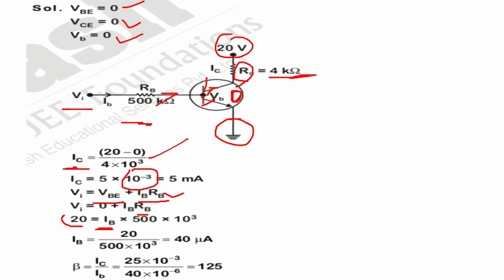and we know the value of VI, this is given, so IB will be 20 upon 500 into 10 to the power 3 equals 40 microampere, okay,